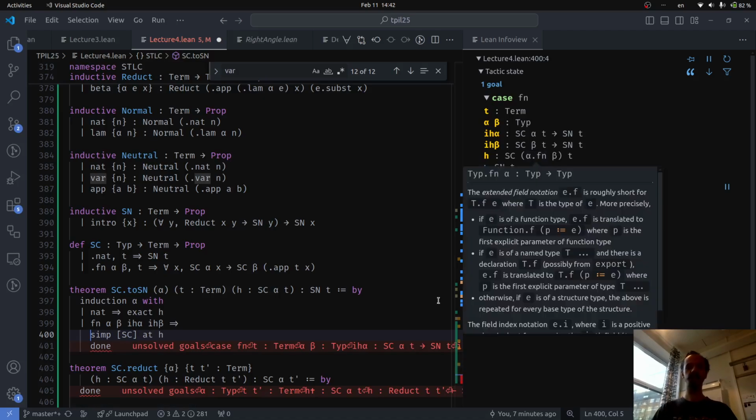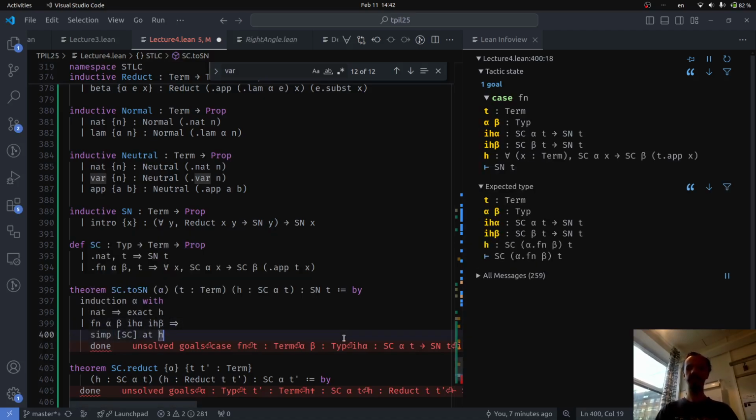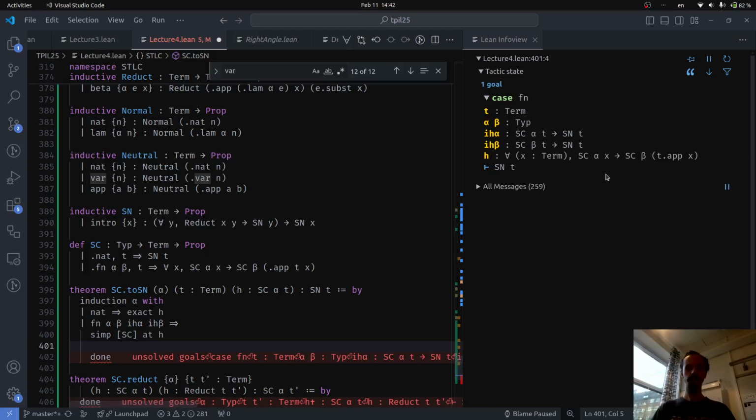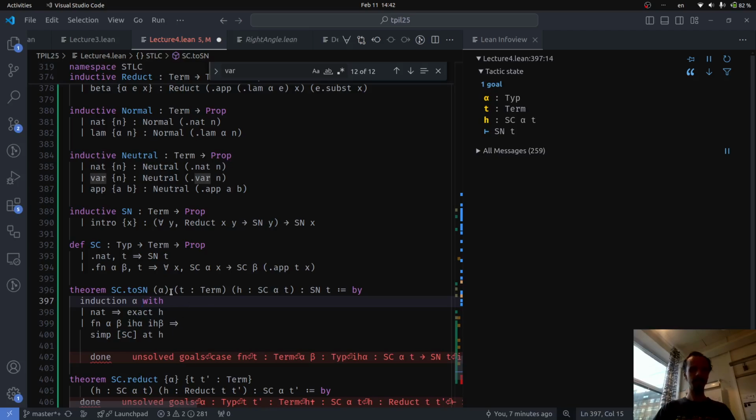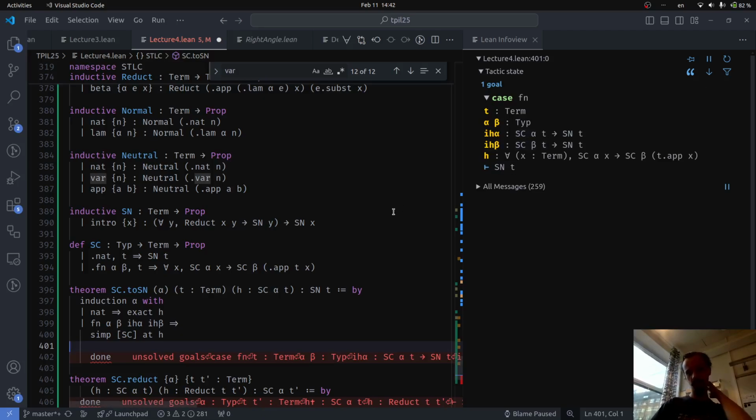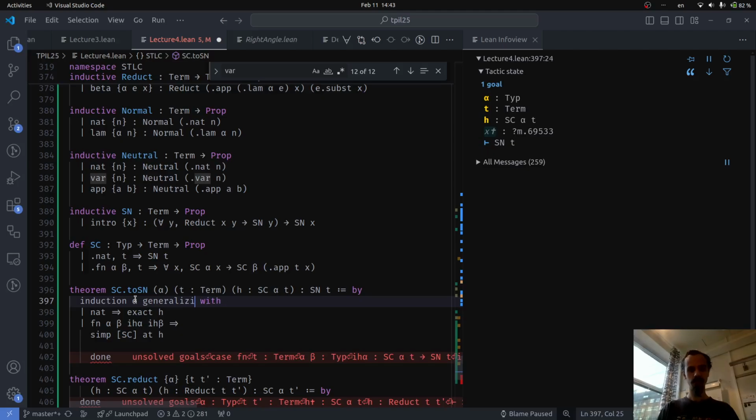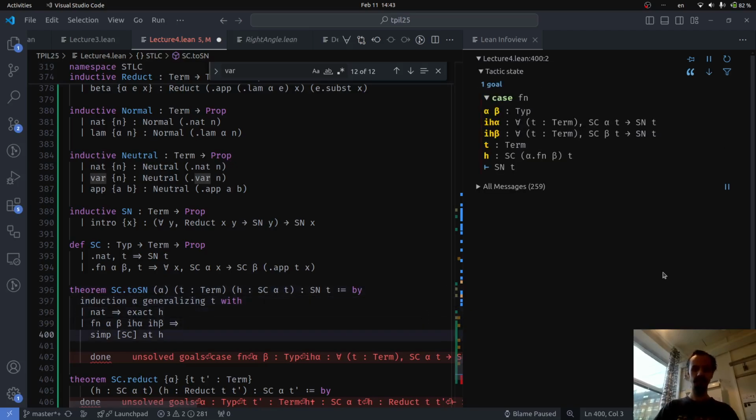we're looking at a function type, and if we just follow our nose and unfold this, then we get this, and we can apply, oh no, we have to generalize t. We need this to be true at every t. You'll notice that here t is held fixed. Generalizing t, by the way, you'll see it in this induction hypothesis, it basically puts this for all t in term here. So now,